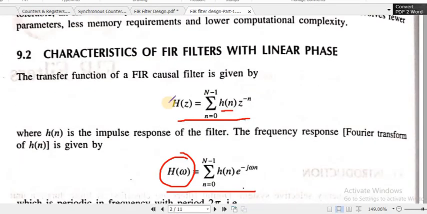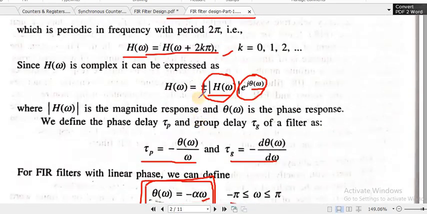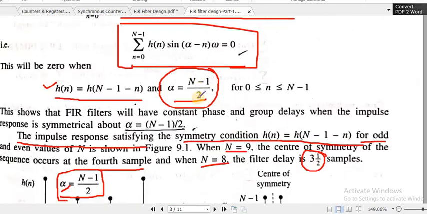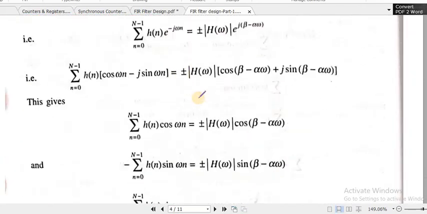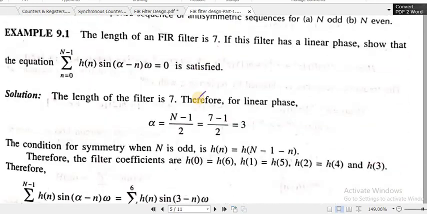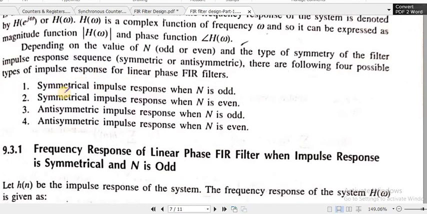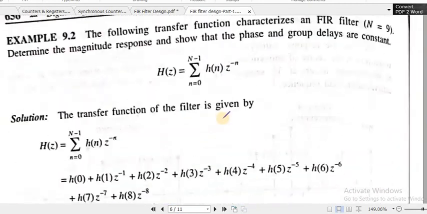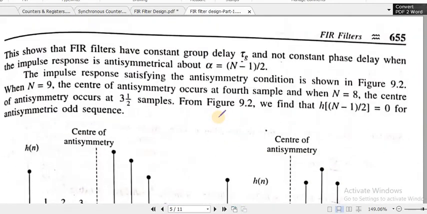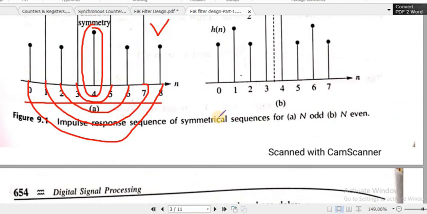In this first discussion, we have discussed the first type, or type 1 filter. If the impulse response is symmetrical and N is odd, this is type 1. Symmetrical impulse response, N is even, type 2. Asymmetric impulse response, N is odd. Asymmetric impulse response, N is even. So we already discussed the symmetric impulse response. Now what is asymmetric? In the asymmetric case,